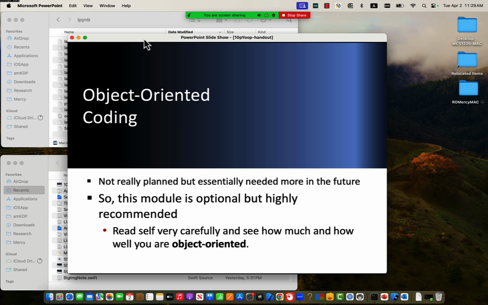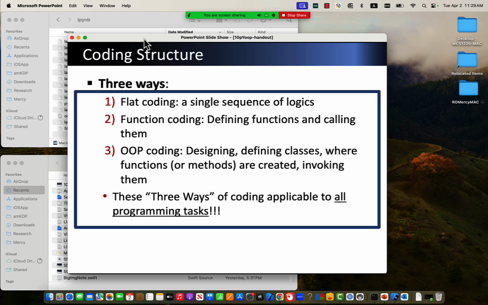Coding structures come in three ways. Flat coding, a single sequence of logic. Coding started with flat coding. When I learned coding when I was young, for the first year or so, it was flat coding. And after that, immediately